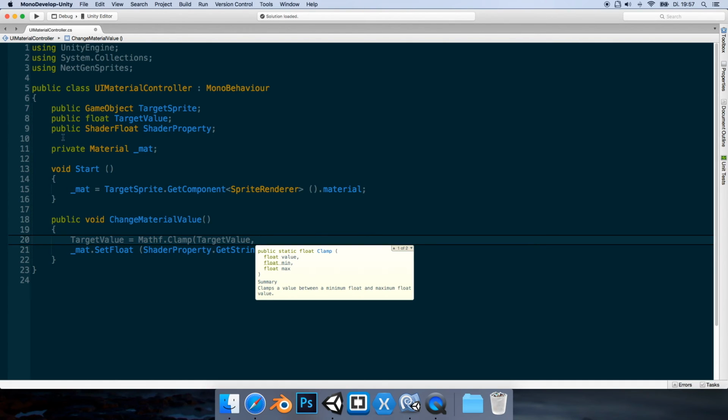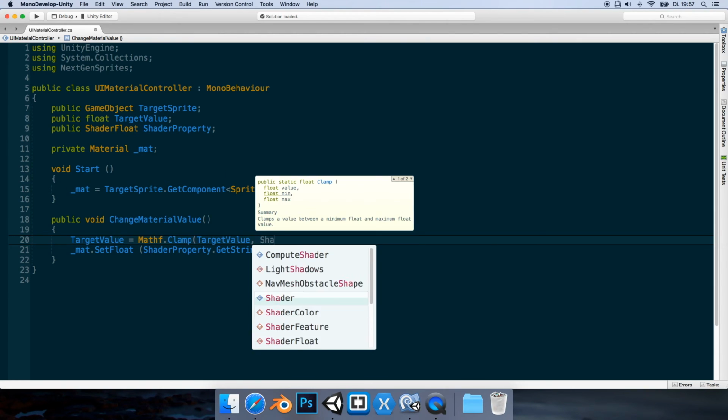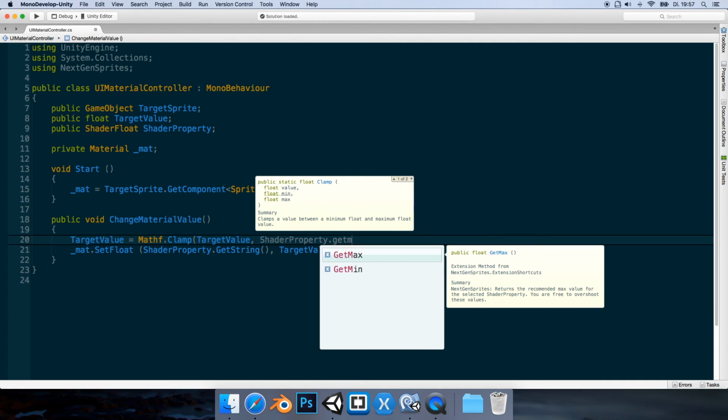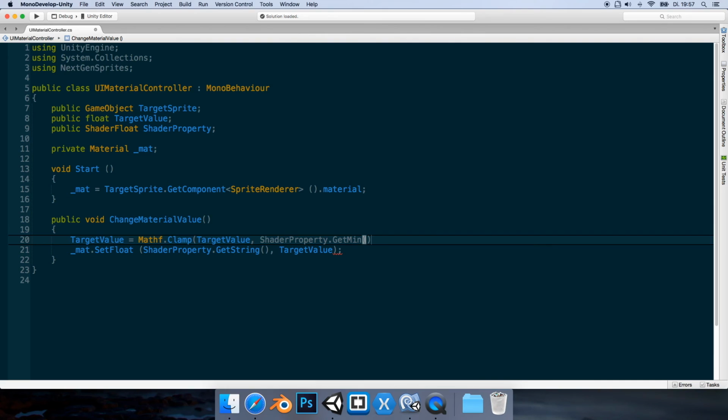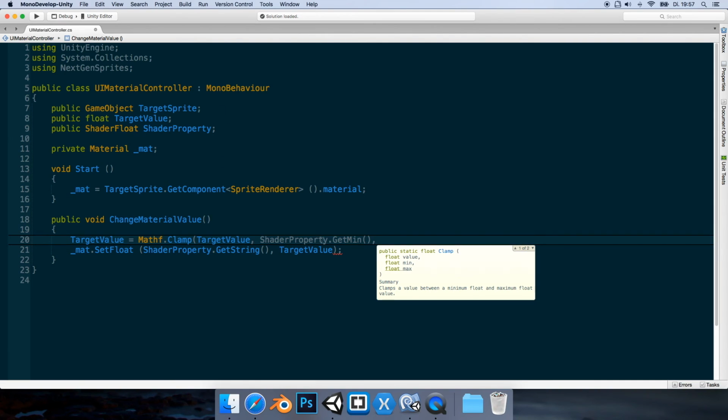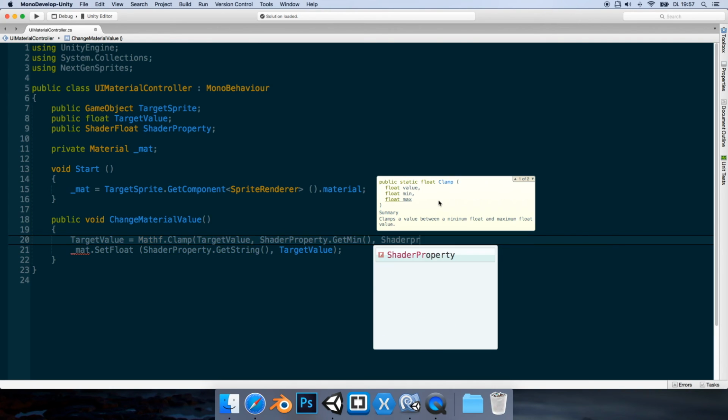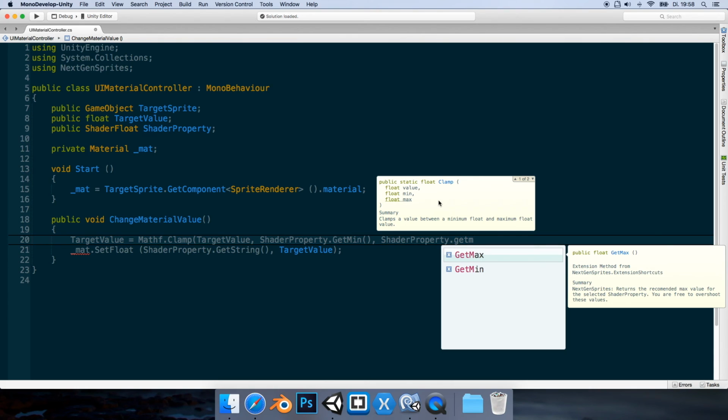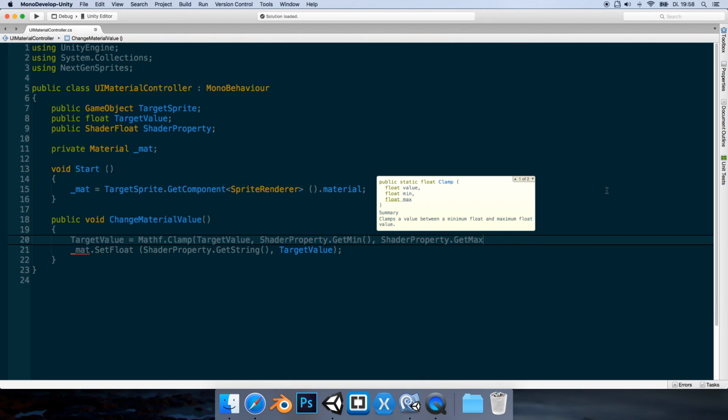We again reference the enumeration, so shader property, then we can say get min. This will get us the float value, that is the recommended minimum value. And for the last one we give the max value. So we can say shader property get max, and it already says it returns the recommended max value for the selected shader property. Obviously, you are free to overshoot these values. So get max,